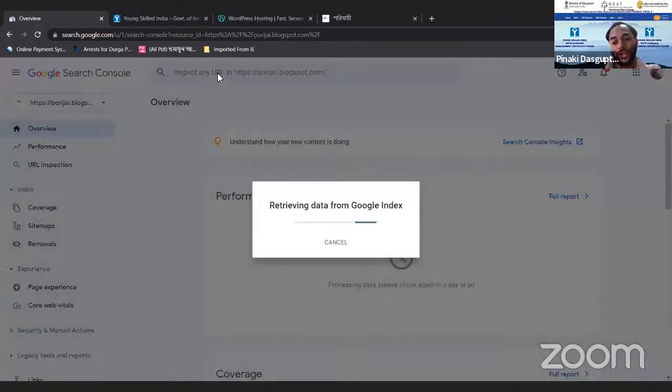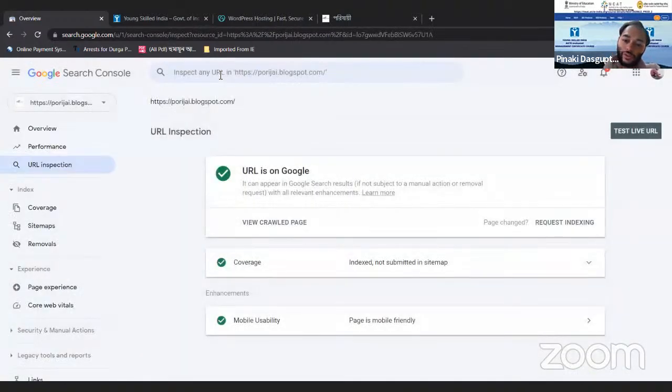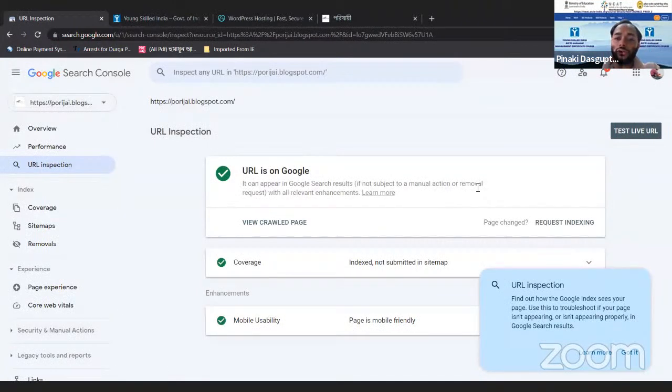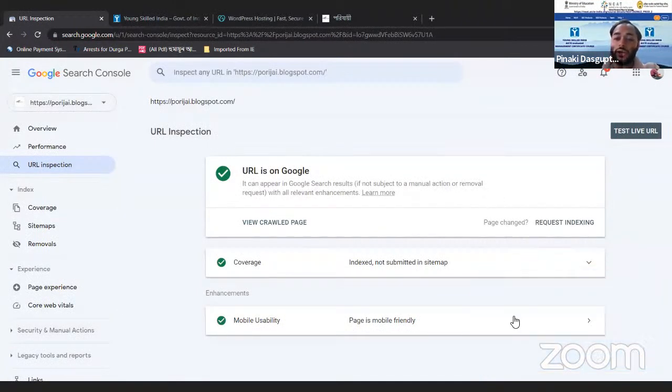Retrieving data from Google Index. Now Google is checking whether this website is there in its index or not. Now see, URL is on Google. That means Google has already indexed this website. Now say you have made any changes in the website. Once you make a change, it is also required that you tell Google that I have made these changes, so re-index my website.